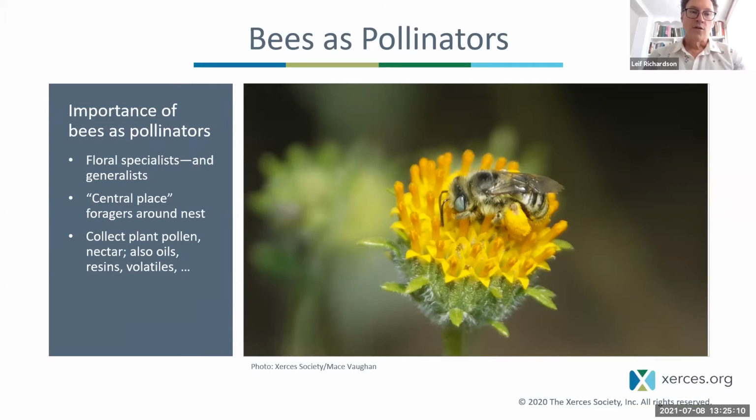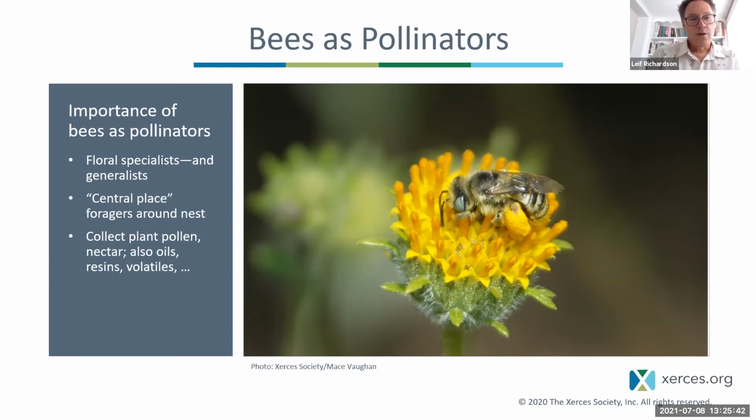Bees are central place foragers, to use a wonky term from 20th century ecology. It just is a way of saying that they have a place that they live, and then their foraging takes place in a radius around that area, right? As opposed to a bear that is moving through the landscape, maybe has a territory and is returning to the same places, but is not coming back to the same central location after each foraging bout. And I just raised this because it has consequences for the plants and the bees involved in that